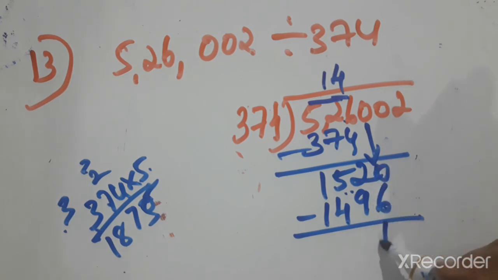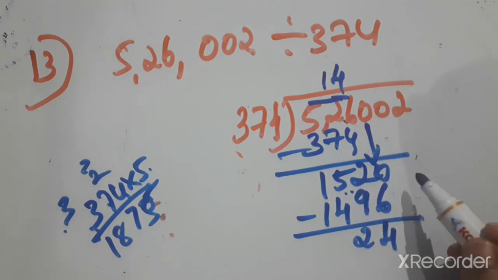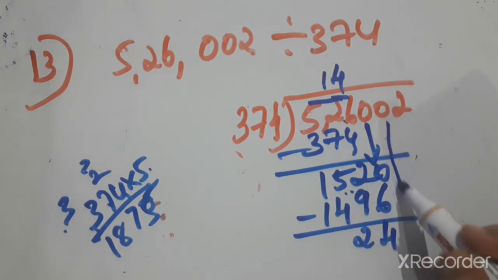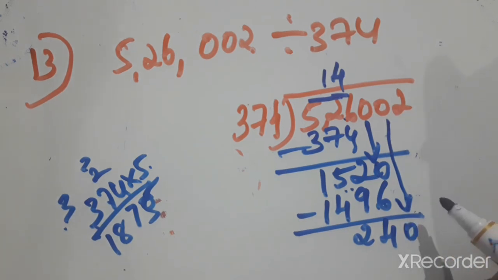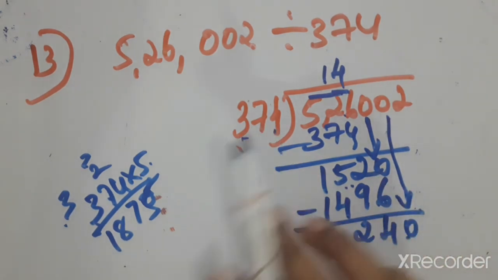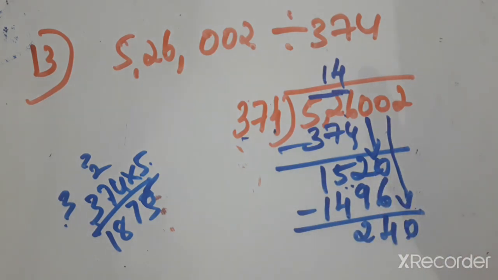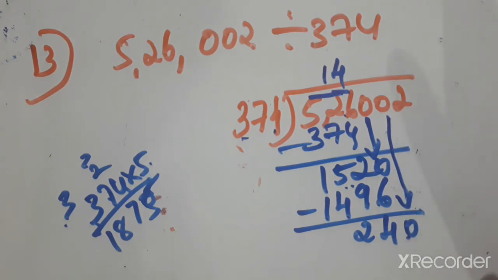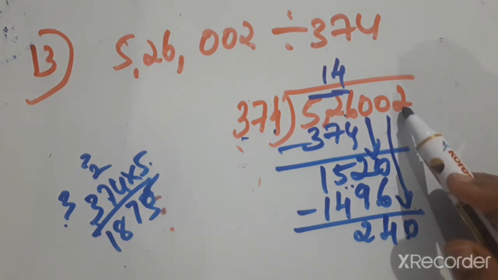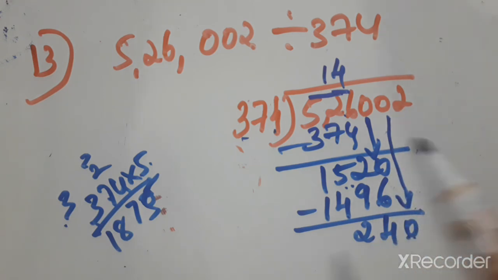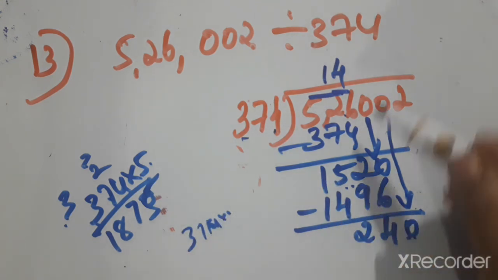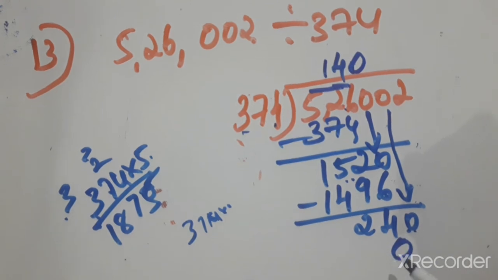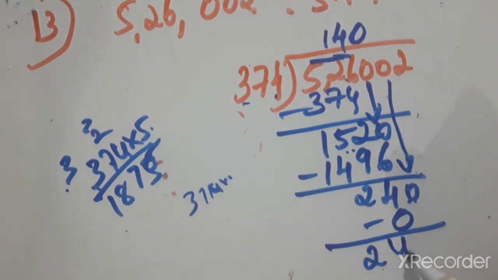Now 10 minus 6 is 4 and here 2. 11 minus 9 is 2. Okay, now 0 0 and bring 1 0 down. 240. 240 is less than 374. We can't do anything because in one step only one number we can get down. 2 is there, but we can't take. 240 is less than 374, so we have to take 374 zeros are 0. So 240 minus 0 is 240 only.